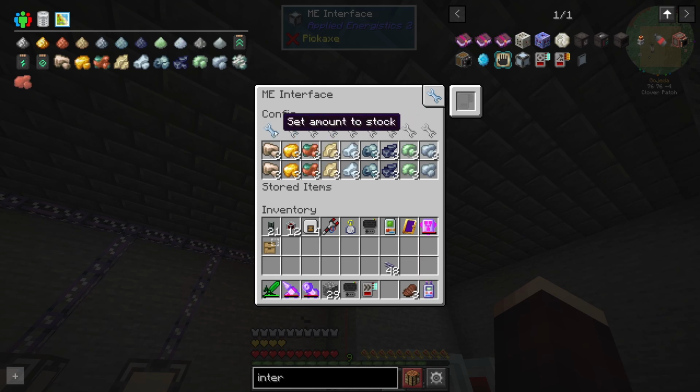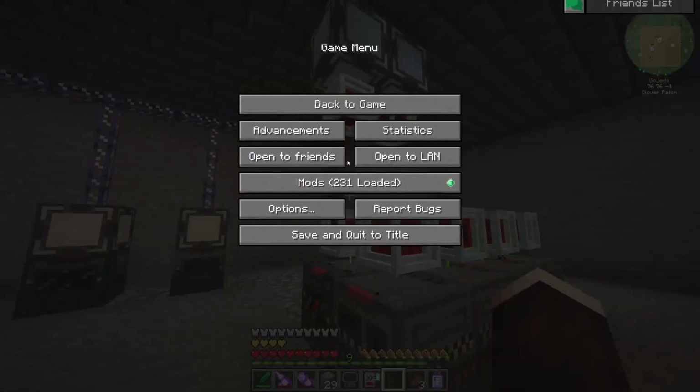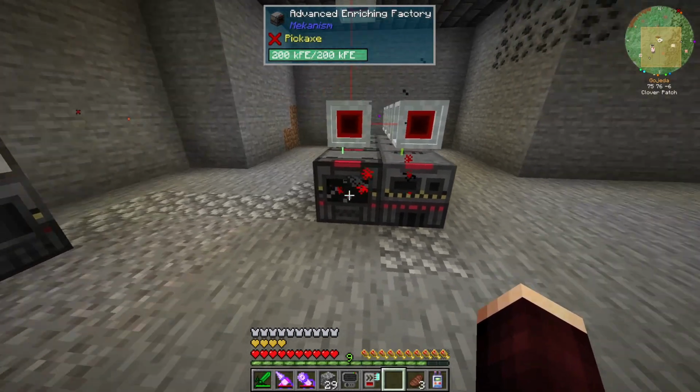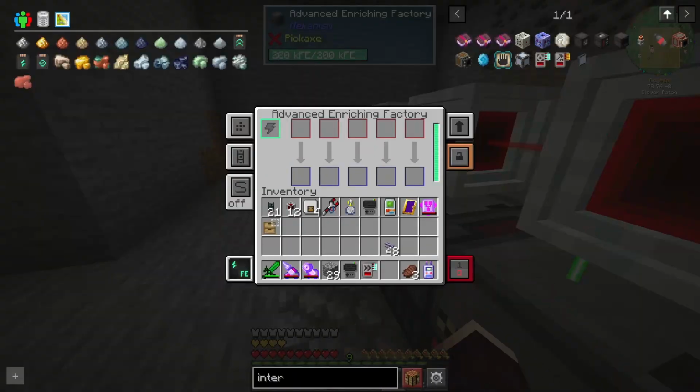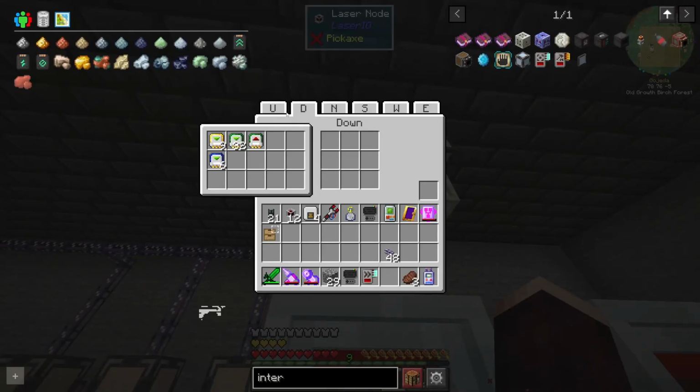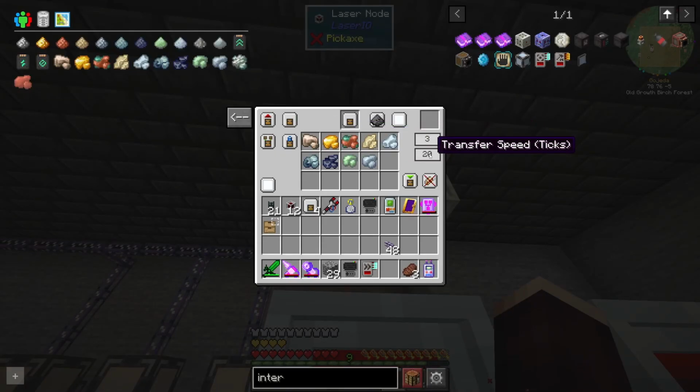But I guess what I can do is set this to a higher amount, so it's going to be pulling in more of it per time, and then these nodes can be pulling in 3 every second faster, I guess. Because I can definitely speed this up. I think right now the limitation is the fact that this can only pull out 3 items every